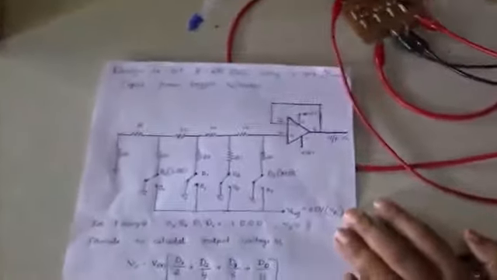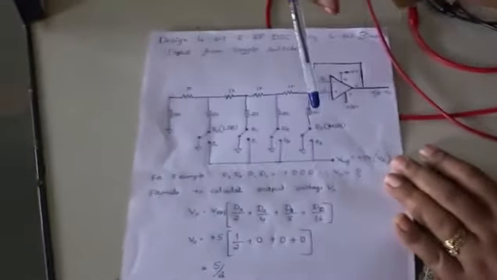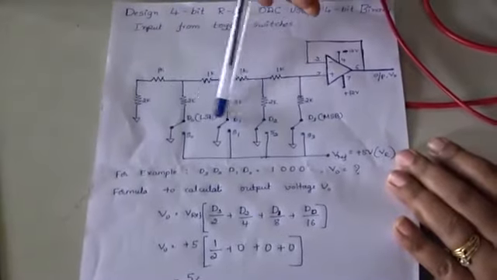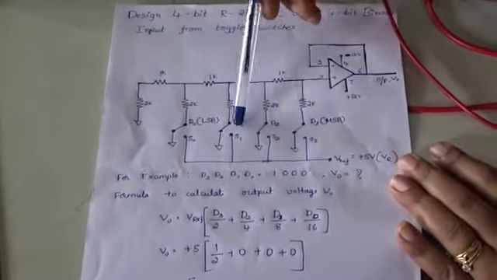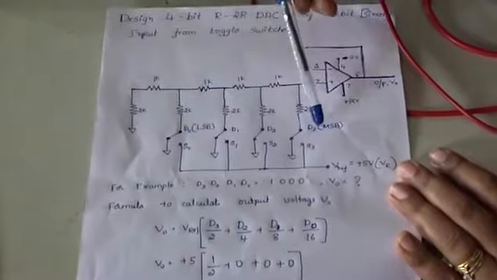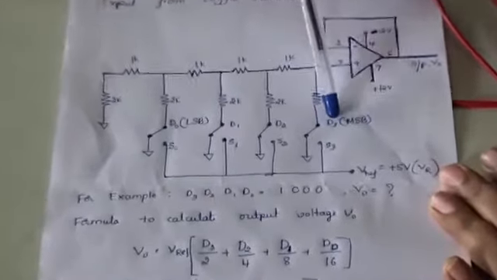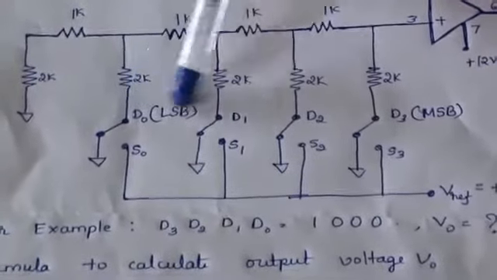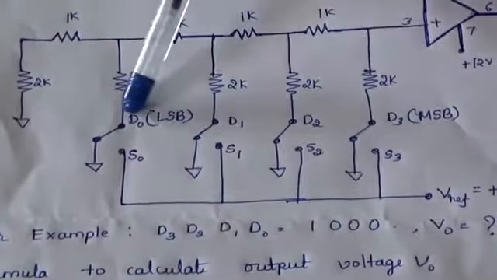So this is a 4-bit binary to analog converter, R-2R, 4-bit it is. Say it is 4-bit, that is, we are providing the inputs in terms of binary. Binary inputs, it is a 4-bit. The bits are mentioned as D3, D2, D1, D0, and these input signals,